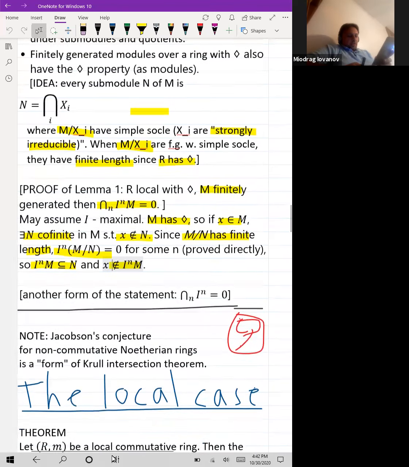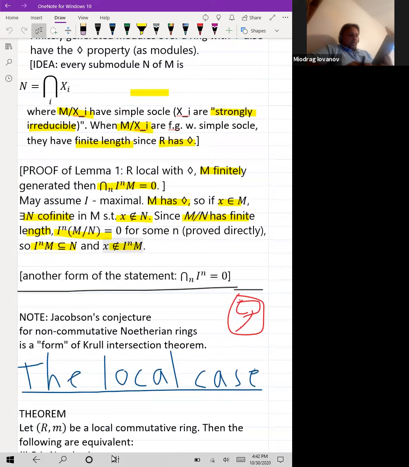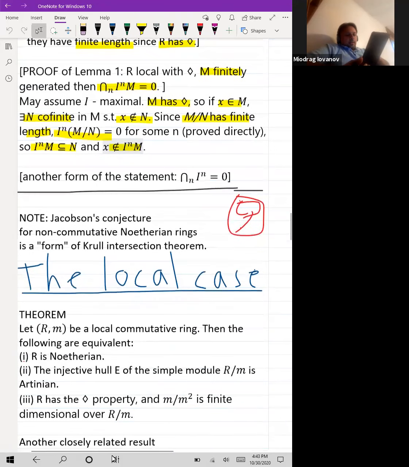Another note that I wanted to make, going back to the Jacobson conjecture: the Jacobson conjecture is in fact a form of Krull intersection theorem, right? That's what the Jacobson conjecture says. You take the Jacobson radical of a ring, you take all the powers of the Jacobson radical, and that's supposed to be 0 if the ring is both left and right Noetherian. So this is very closely related to this diamond property and to methods that seem to show up in trying to assess what properties these rings have. Okay, so